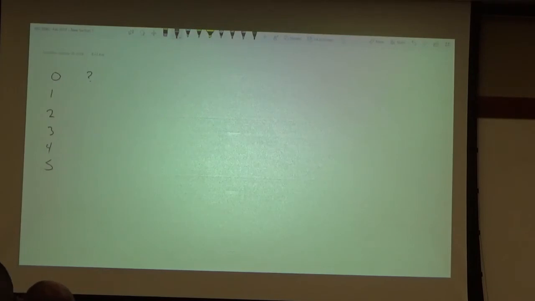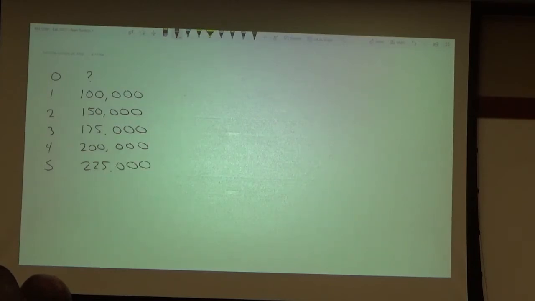All right, so let's say that we've got a situation where we don't know what we should pay for the property, okay? But what we do know is that it's going to generate the following annual cash flows of 100,000, let's say 150,000, 175,000, 200,000, and 225,000, okay? And at the end of all of this, we're going to expect that the property is